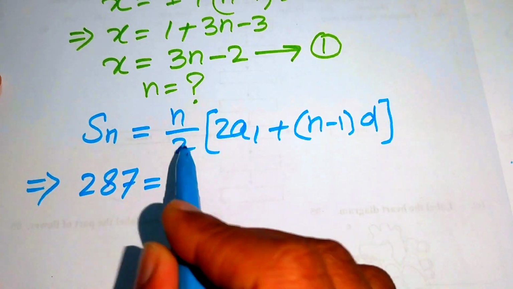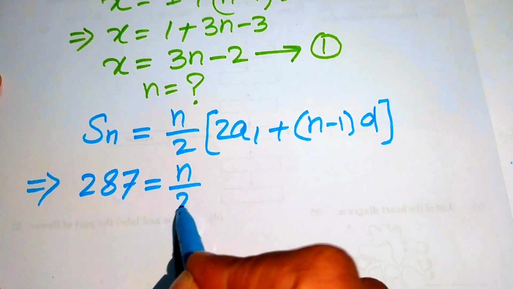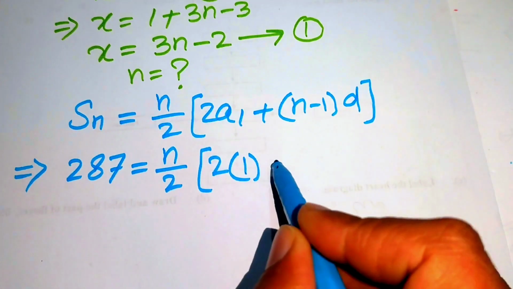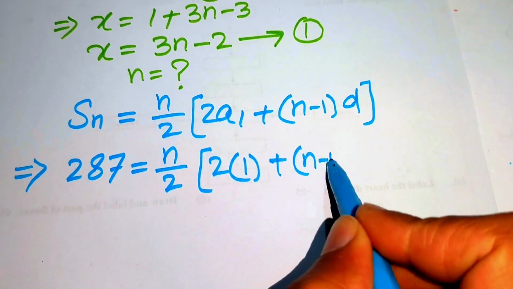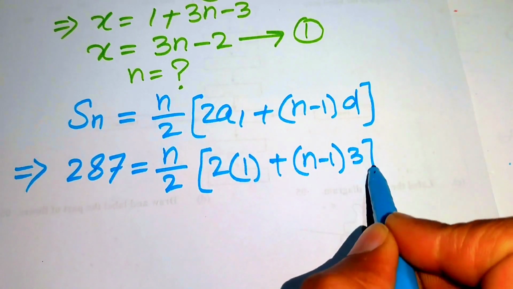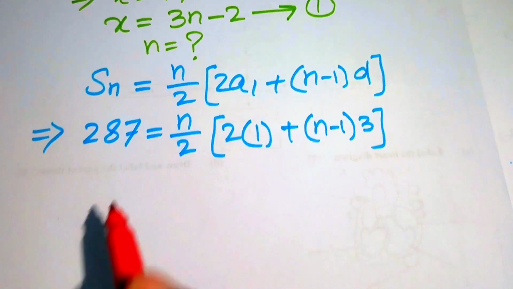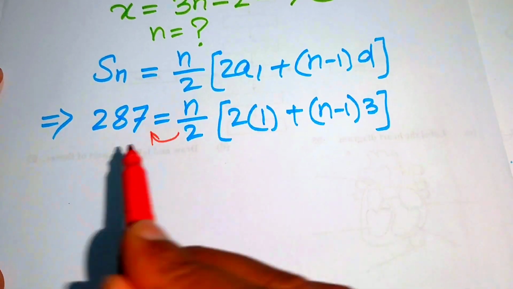287 equals to, we don't know about n and we write it as it is. And we have the value of first term is 1, and here you have n minus 1 into d equals to 3. So now we can simplify the terms, and here we move this 2 to the left hand side,